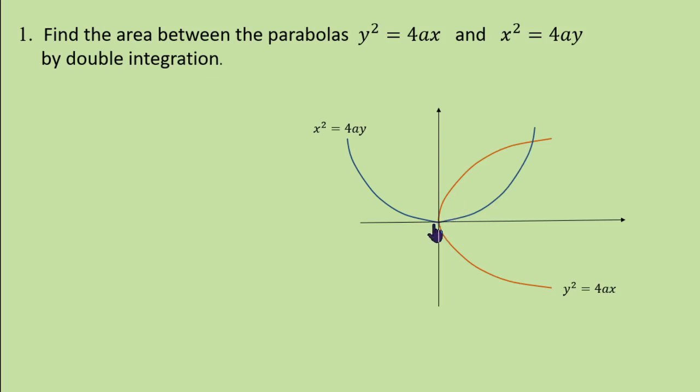To find the area between these two parabolas, the point of intersection of these two parabolas is 4a, 4a. Because y square equal to 4ax, this y power 4 is equal to 4a into x square, which is 4ay, cancel y, y cube is 4a whole cube, therefore y is 4a. When y is 4a, x square is 4a into 4a, therefore x is 4a. So the point of intersection has x equal to 4a and y coordinate also 4a.